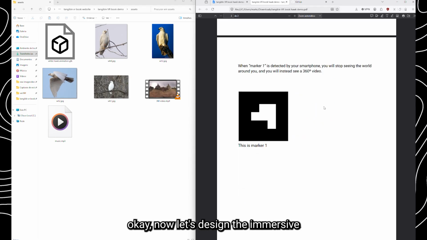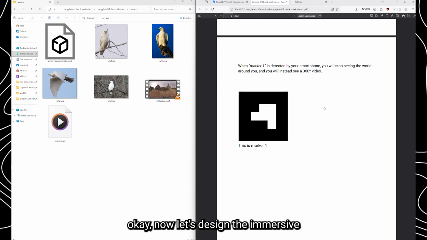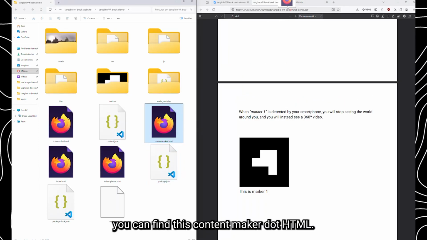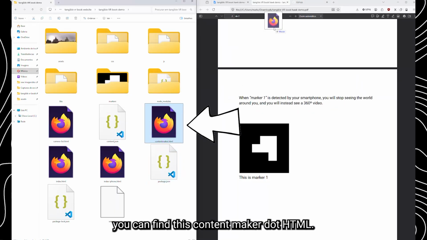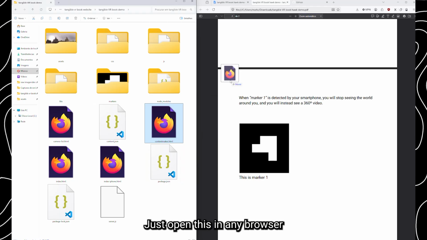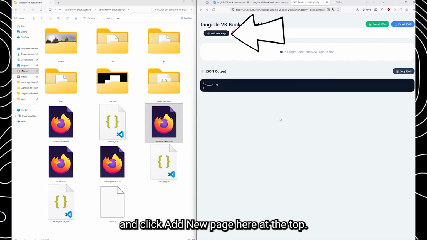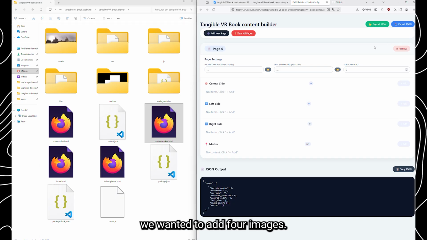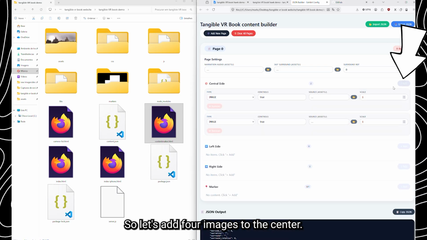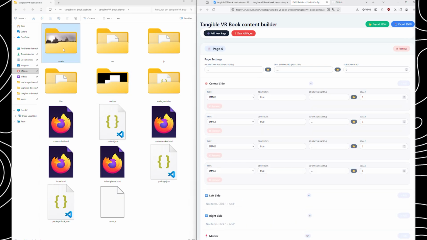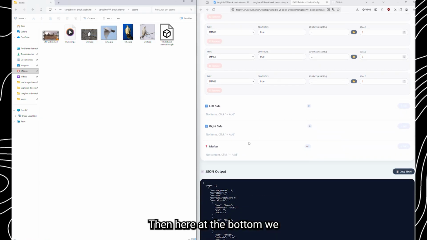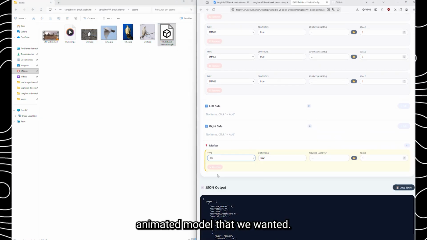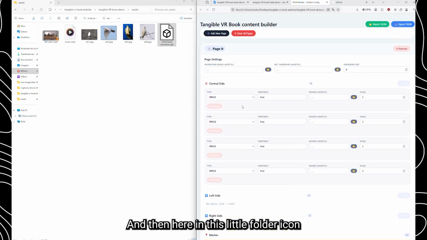Okay, now let's design the immersive digital experience. So in the folder you downloaded you can find this contentmaker.html. Just open this in any browser and click Add New Page here at the top. Then remember, for marker 0 we wanted to add 4 images, so let's add 4 images to the center. Then here at the bottom we set the 3D animated model that we wanted,